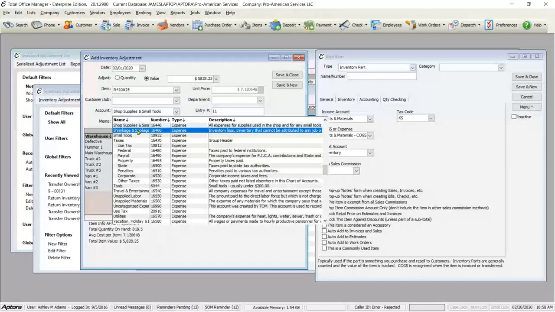So if I'm going to make this value go up by $10,000,